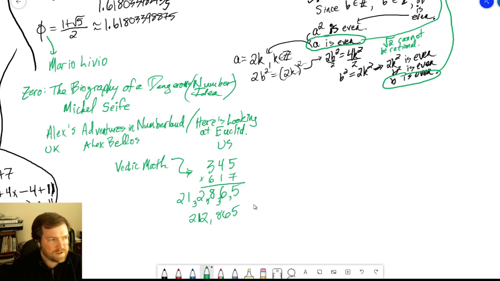The European and Chinese and Middle Eastern probably abacus, proper abacus, has the 5 stones at the bottom and 2 stones at the top, which allow you to smoothly transition your carryover values. So I think they're slightly superior in that sense, but at the same time, the soroban is really